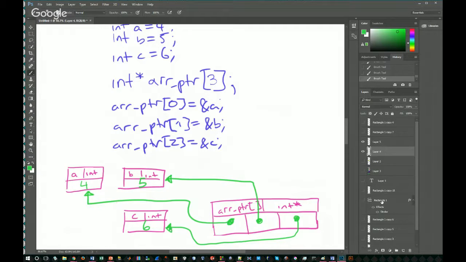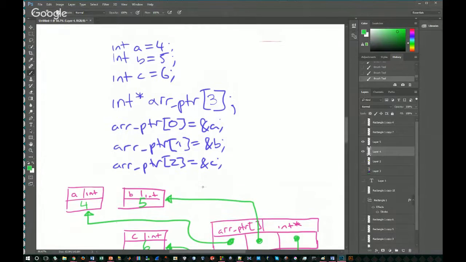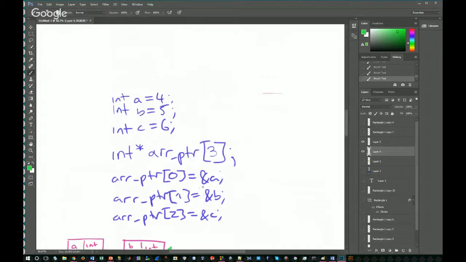Does that make sense? Thanks. And you could do the same with double pointers, triple pointers, whatever. It's just a collection of the same type. You can also, when we get to structs, store arrays of structs. And you can also